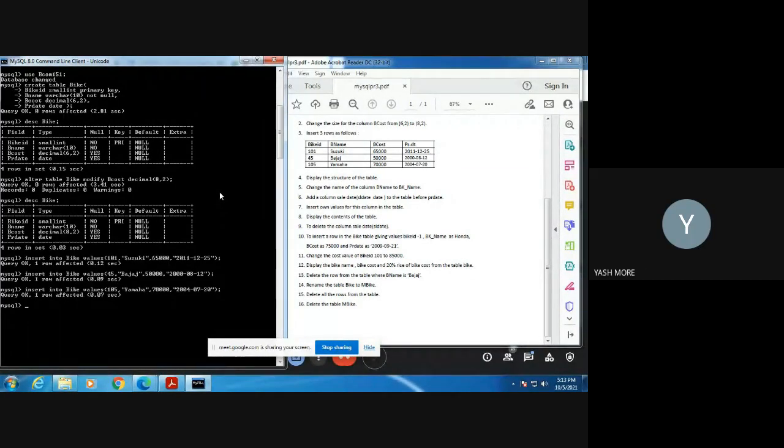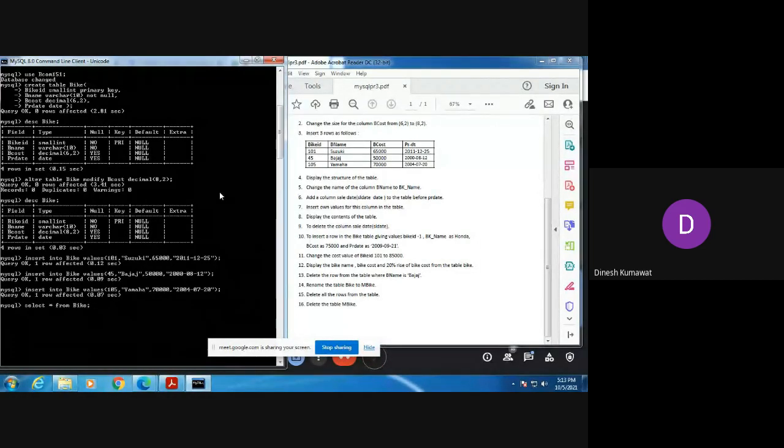DESCRIBE table name. Yes, what you said: SELECT star FROM table name. Here our table name is bike.